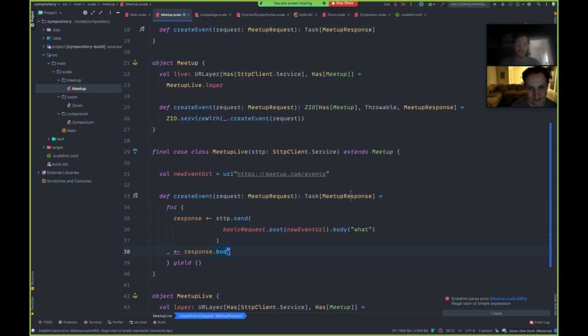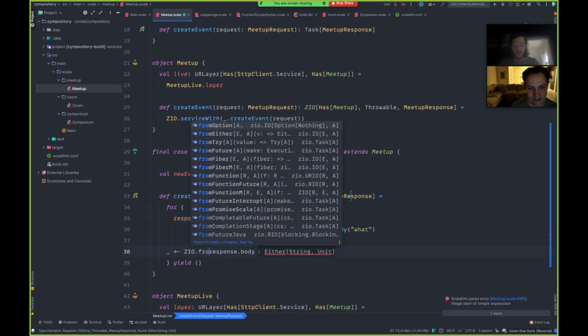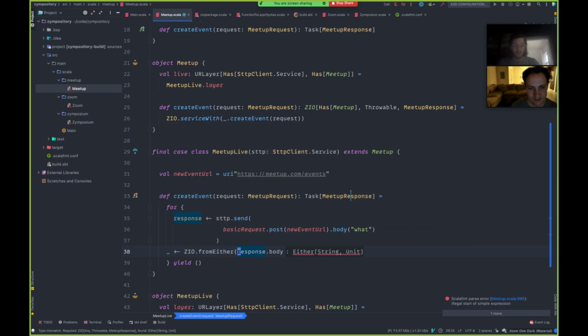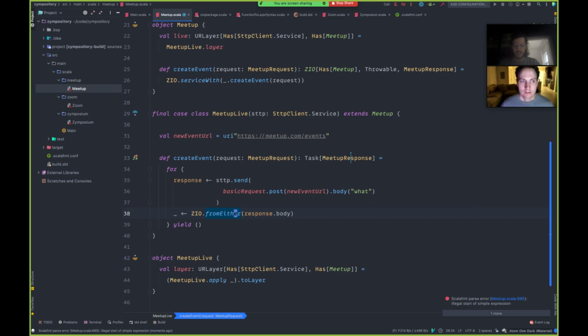So now here we have a body that's an Either. So one thing we could do is do ZIO.fromEither, right? And that works. And so that will take the left-hand side and lift that into the error. However, that is going to be an Either of a String where this was a Throwable. So those don't quite coincide. And I actually don't know why it's happy with that. It might actually be unhappy with that. Yeah. So this is kind of where we might want to map that error.